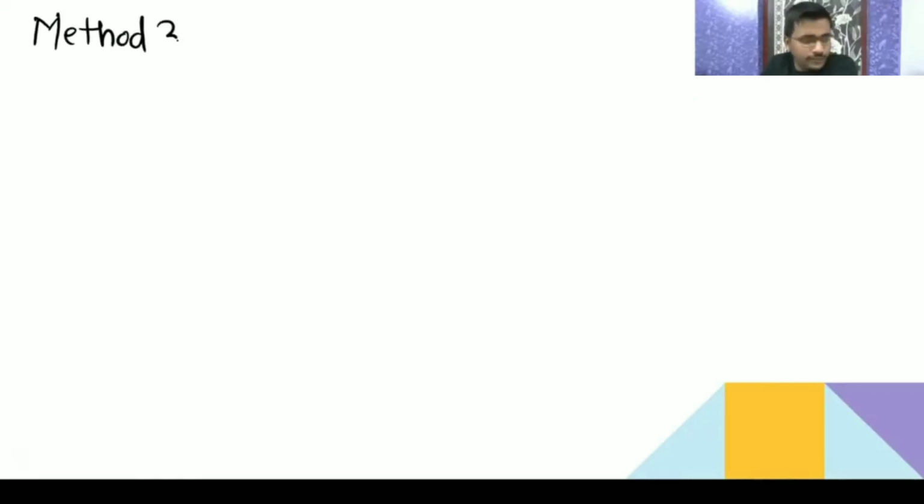Method 3 is comparing pairs. Compare in pairs.